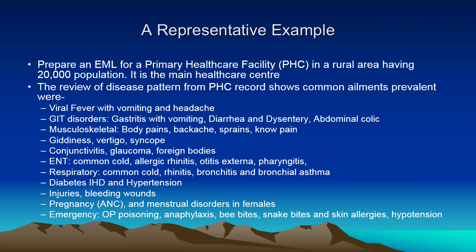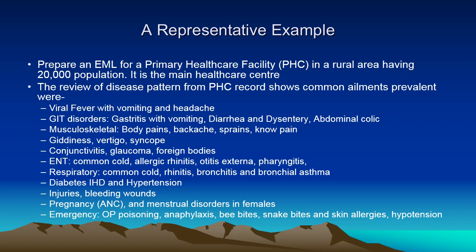The population has a mix of children, adults, elderly, males and females, and we have then reviewed the disease records of the healthcare facility and found the following elements to be common: viral fever with vomiting, headache, GIT disorders, gastritis, vomiting, diarrhea, dysentery, musculoskeletal disorder, giddiness, vertigo, syncope, conjunctivitis, glaucoma, foreign bodies in eye and ear, common cold, allergic rhinitis, otitis externa, pharyngitis, then bronchitis, bronchial asthma, diabetes, ischemic disease, hypertension, injuries, bleeding wounds, antenatal care, menstrual disorders in females, and